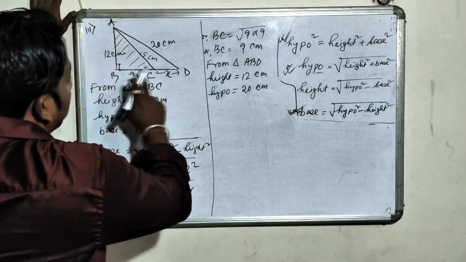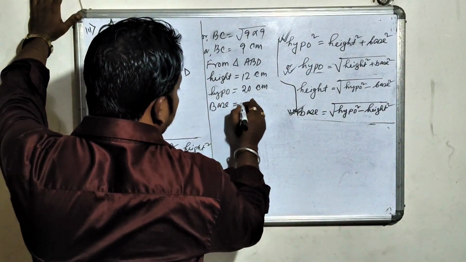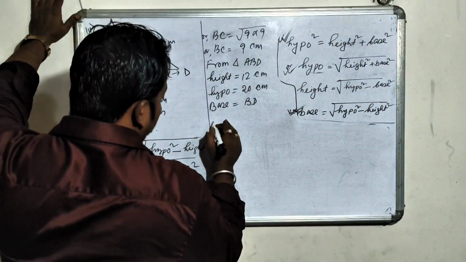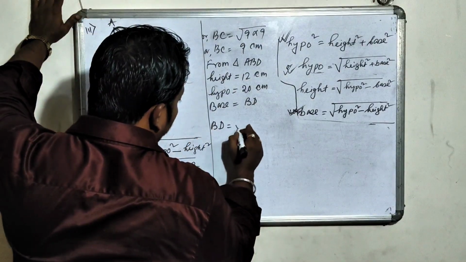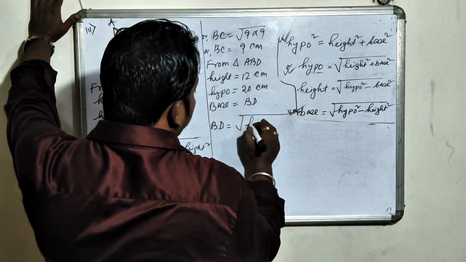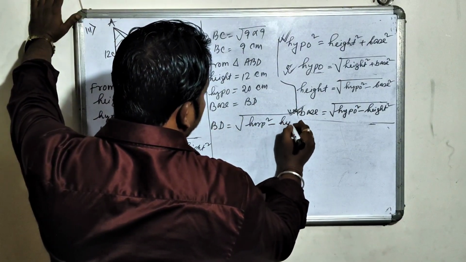So we have to find out the value of BD, base equals to BD. Again write BD equals to root over of hypo square minus height square